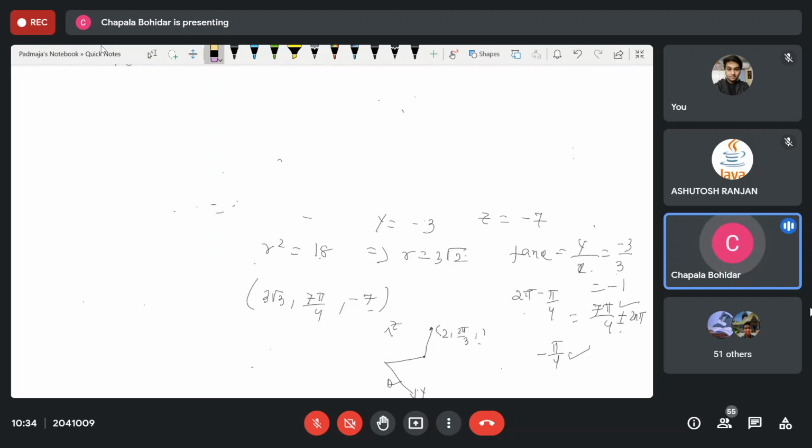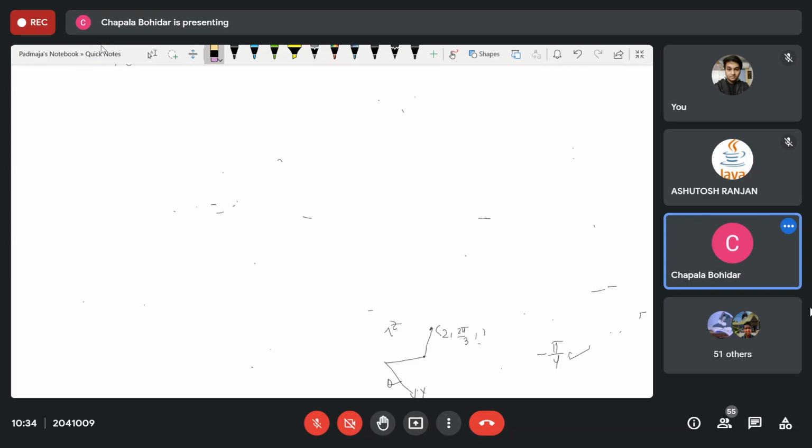This question is an easy one, and you may get a different value. Here, it is Z, it is X, it is Y. Then the surface may be here. It is your one surface.